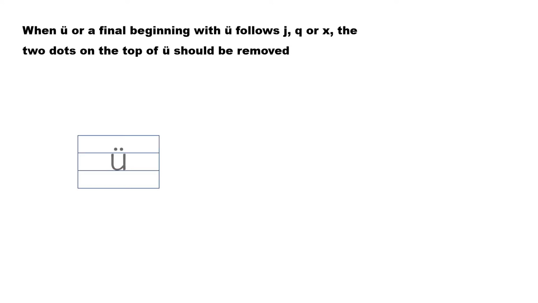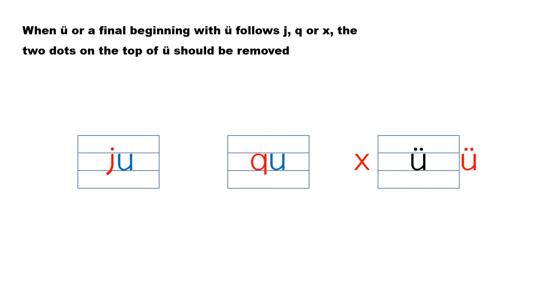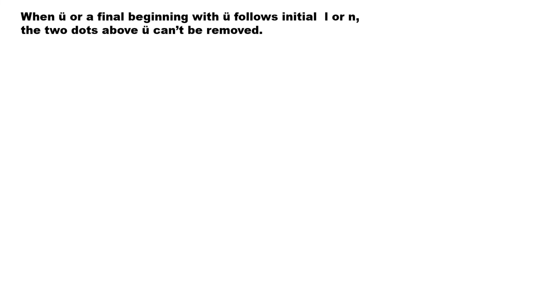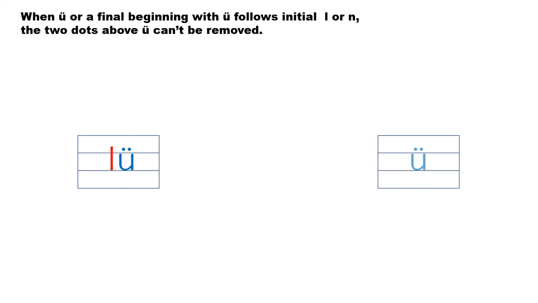For example, however, when ü or a final beginning with ü follows initial l or n, the two dots above ü cannot be removed. For example,